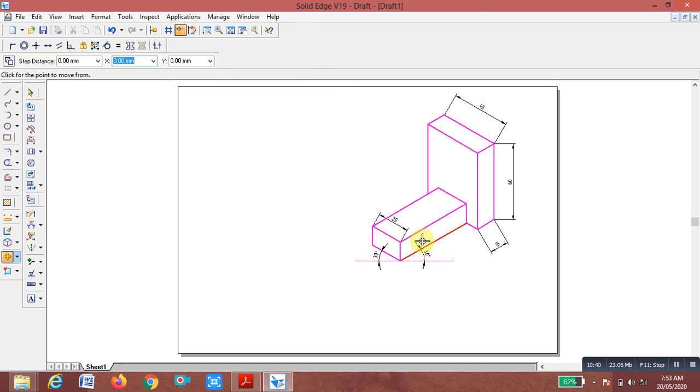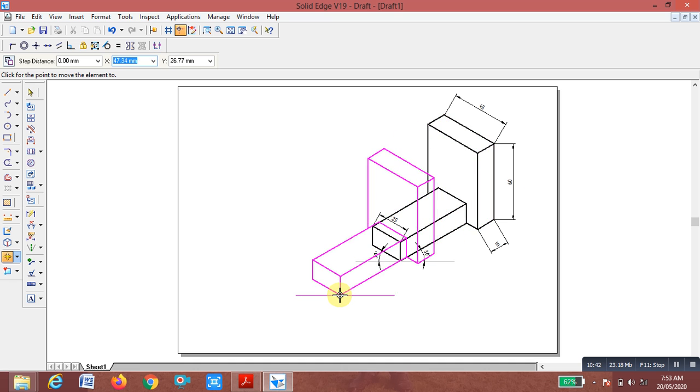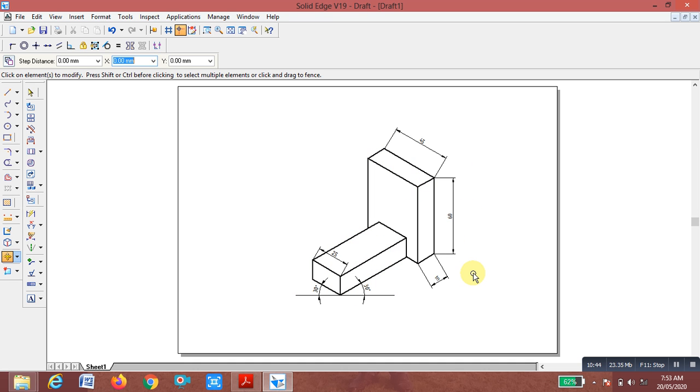Now I want to convert this orthographic projection to isometric.